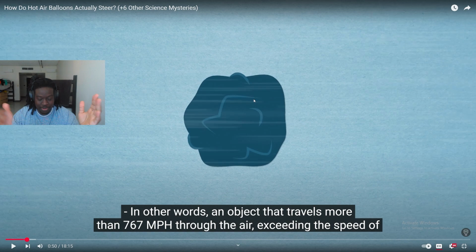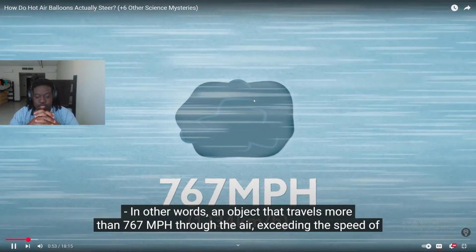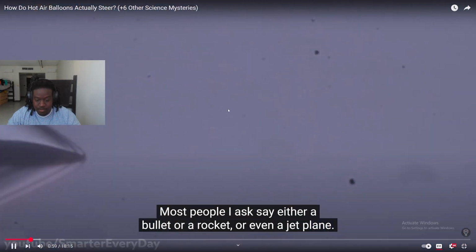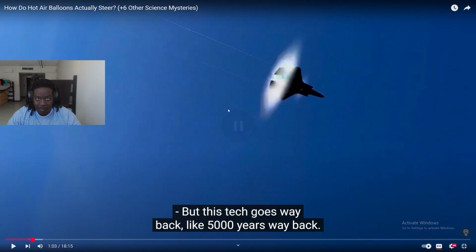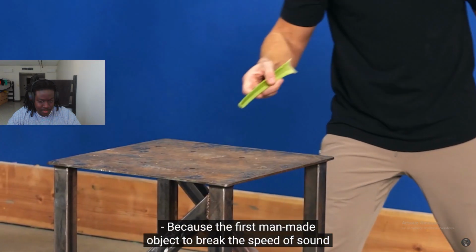What is the first man-made object to break the sound barrier? In other words, an object that travels more than 767 miles per hour through the air, exceeding the speed of sound, thereby creating a super loud sonic boom. So what do you think? Most people I ask say either a bullet or a rocket or even a jet plane. But this tech goes way back, like 5,000 years way back. Because the first man-made object to break the speed of sound